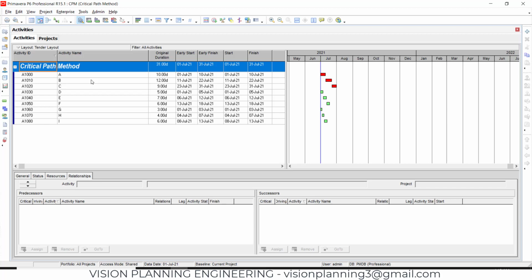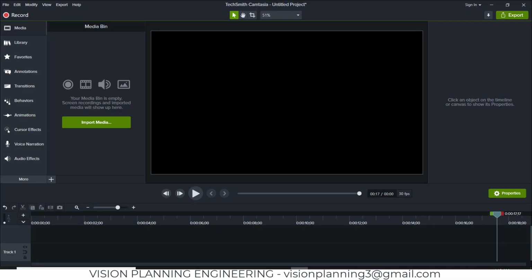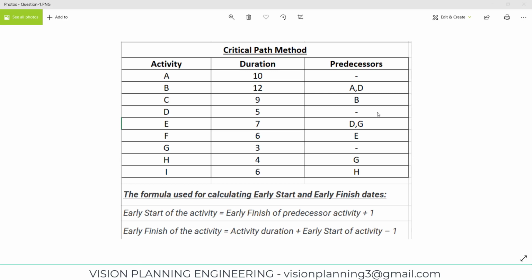Hello, today we're going to see what is critical path method. So critical path usually we use in our construction projects to determine what is the longest path of the project, and if we delay those activities which are occurring on the longest path, then our project will be delayed. So critical path, basically we are going to see its application in a software called Primavera P6.